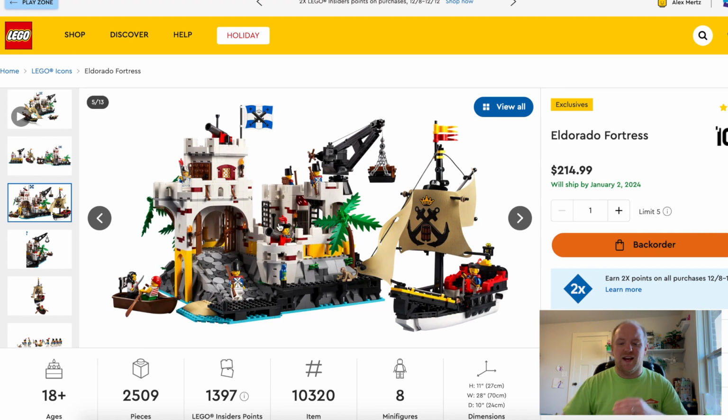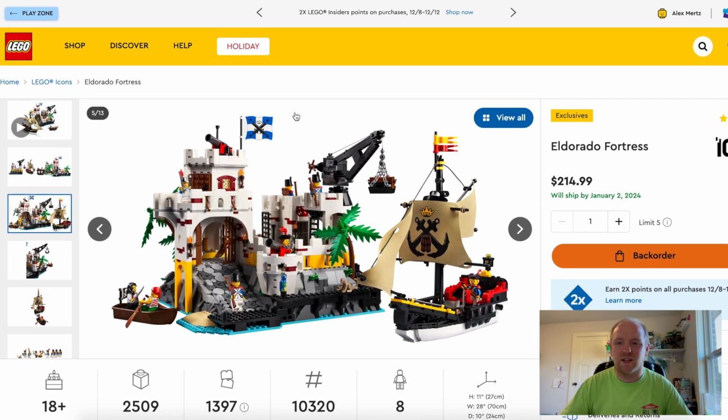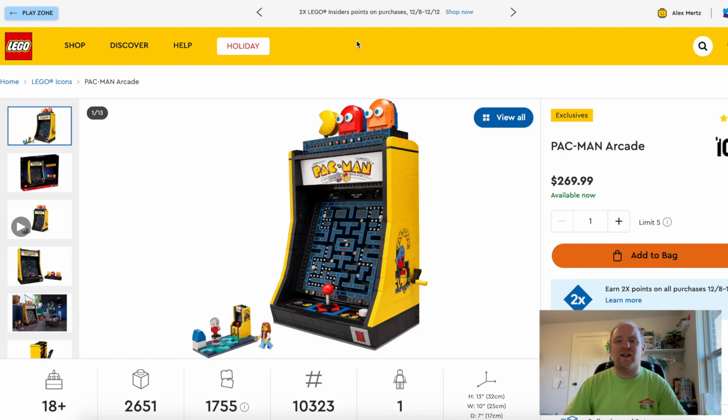Which, as a kid, I absolutely loved this whole setup, the pirates and that whole theme. So seeing it being brought back, something I really want to get into, and hopefully I get it in the near future. Another one that I don't have, and one that I was not very high on to start with,